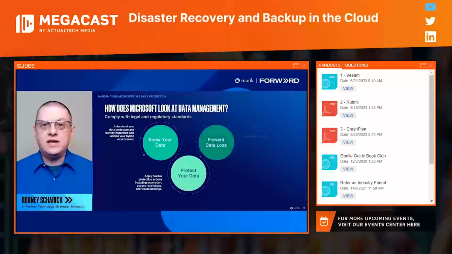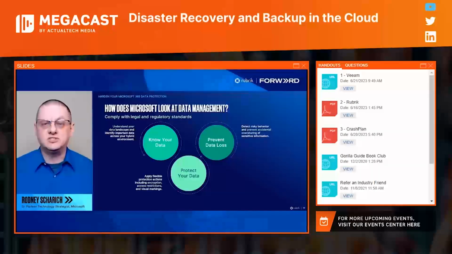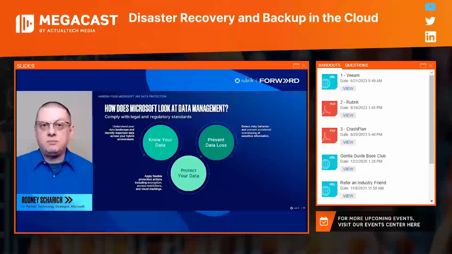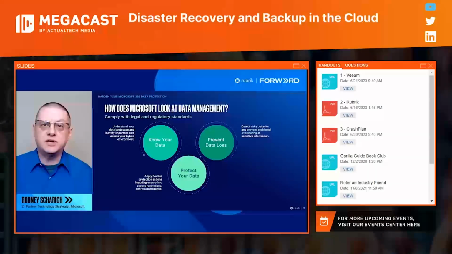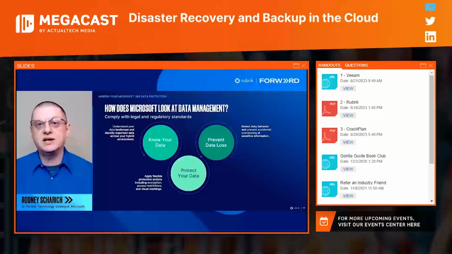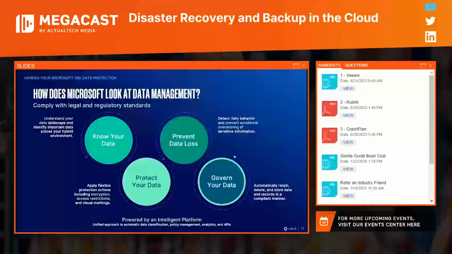Next, we have several tools that help you prevent data loss. Instead of having to worry about people sharing information, for example in Teams, typing in credit card numbers or specific customer information that's important not to be shared, we have those controls also in Exchange and several other places to make sure that data is not overshared internally or externally. And then lastly, you govern the data. You want to have retention policies and retention labels in place to understand what needs to be kept for compliance reasons, and what is no longer required or no longer valuable to the company and can be destroyed and deleted out of the data landscape.